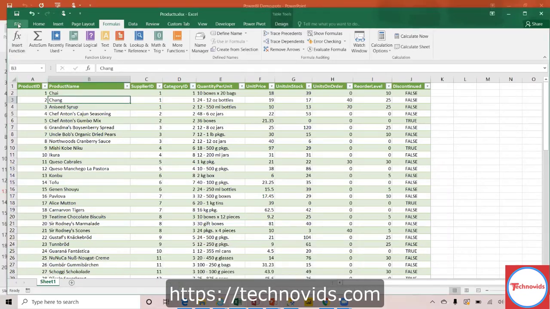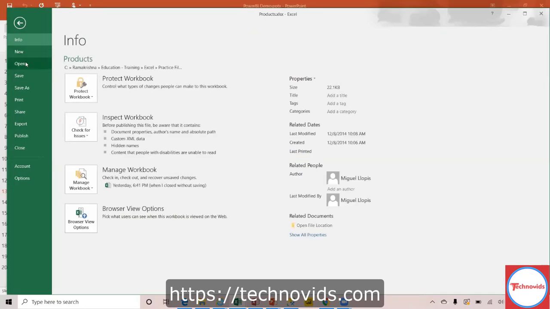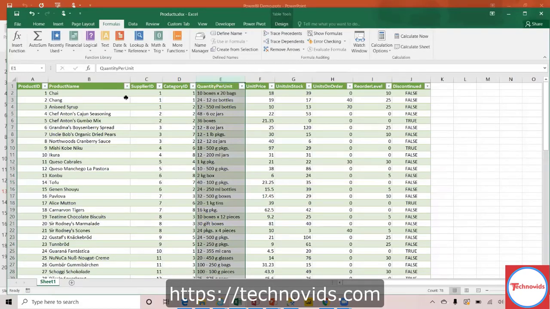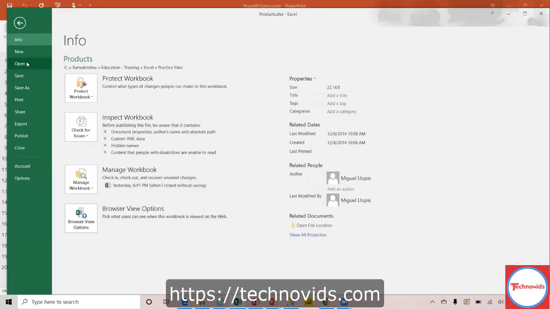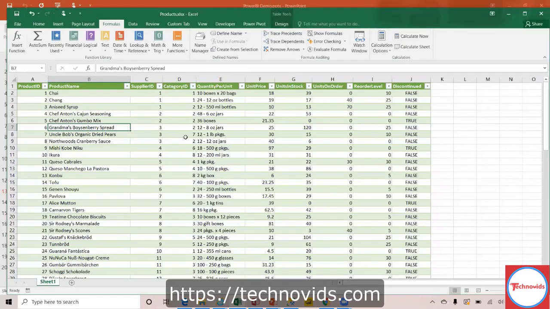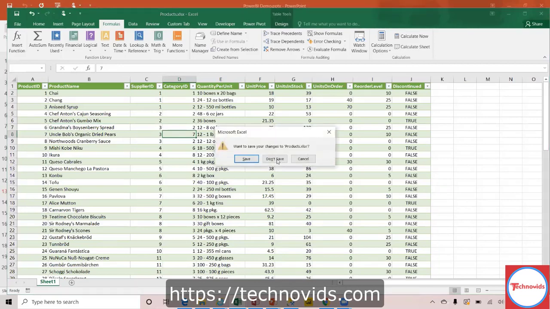Let me see if I have any of this. Trying to open some file.